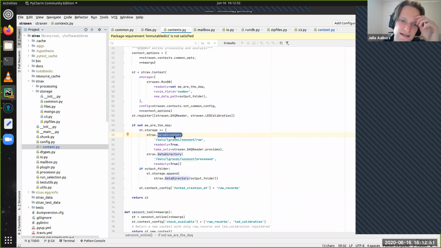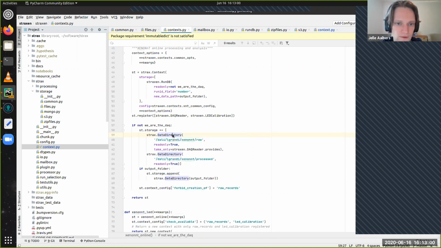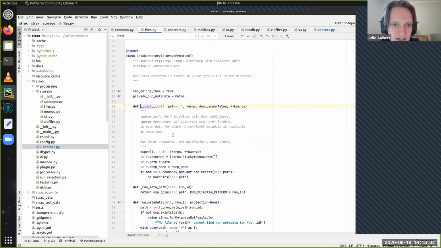Where should I edit this? Okay, let's go to the file that has that front end. You see the default backend there is a file system backend. Yeah, you see here there's only one backend.